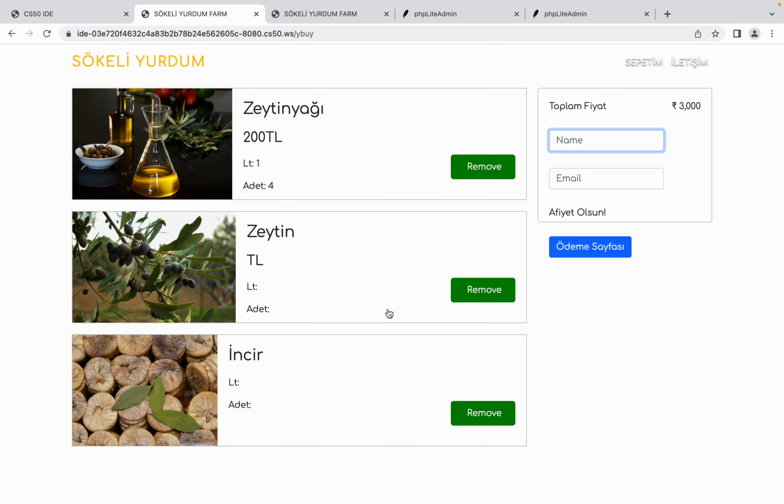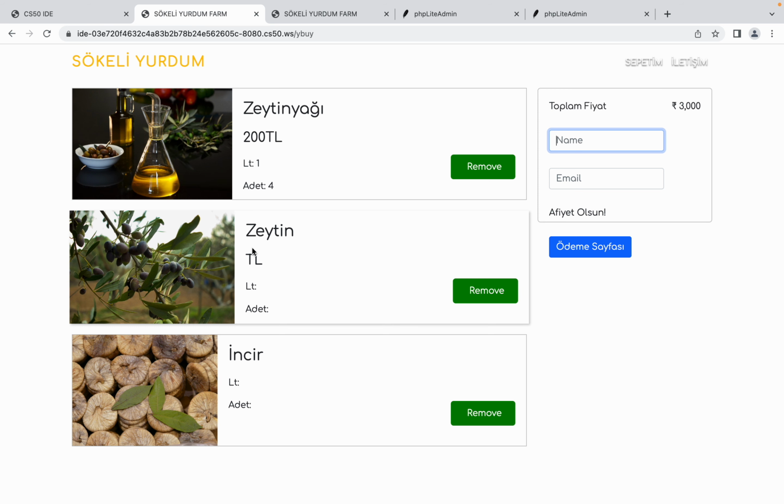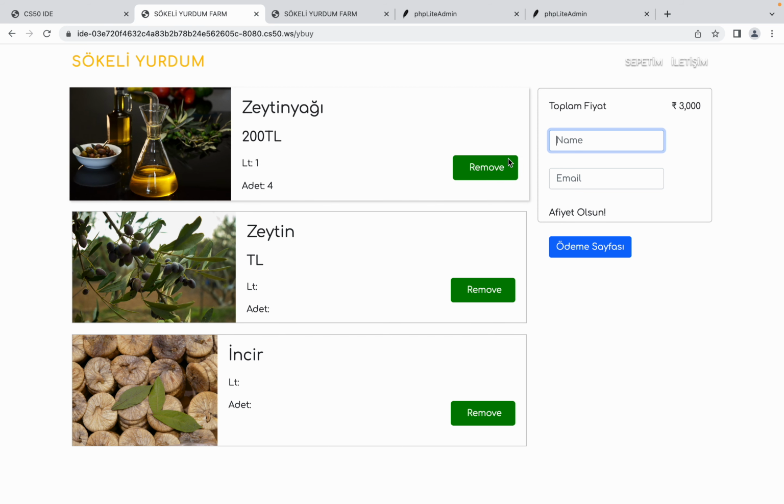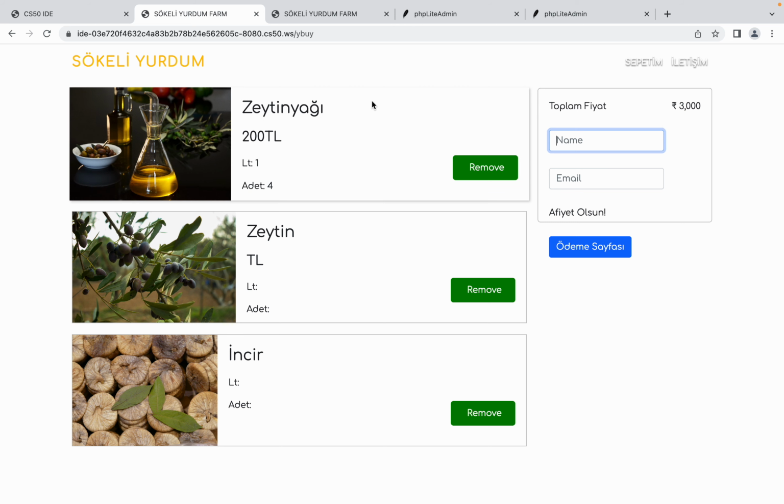So you can see the shopping box page, and this is the price in Turkish lira, and this is liter, this is shares. So if you want to remove the product, you can remove it or you can add by just clicking there. And the blue button is the third click, that payment page, which is not ready for now, for security actually. And the name and email here should match the name and email you gave at first